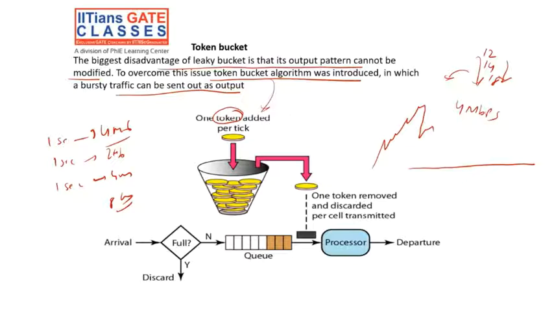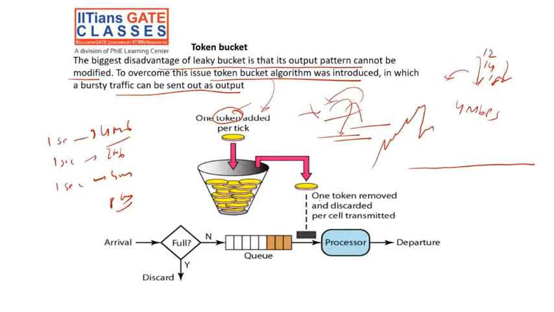It means there is some token there. We put the token in the bucket, and depending on how many tokens exist in the bucket, we maintain the output rate. When a packet comes, if a token is there, we remove the token from the bucket, and then the packet departs. When data comes, we assign a token to that particular packet, remove it from the bucket, and the packet departs.